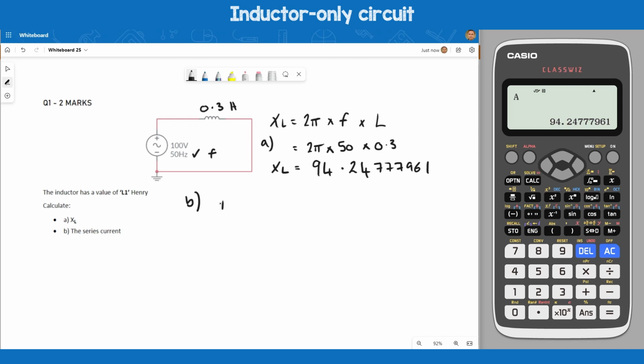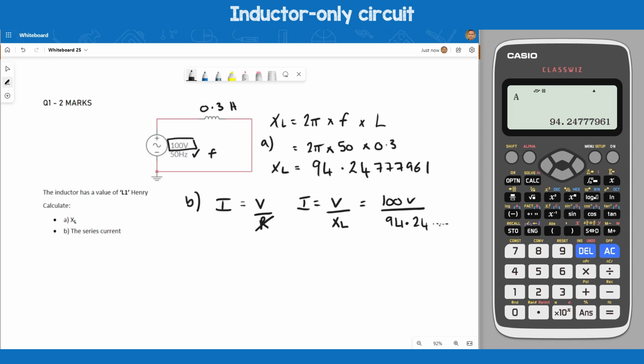So the series current from Ohm's law, I is usually V over R. But we don't have a resistor here, we have a reactance. So the current is the supply voltage divided by the amount of ohms, or the reactance, which is XL. So the current is, you can see, 100 volts divided by this answer,